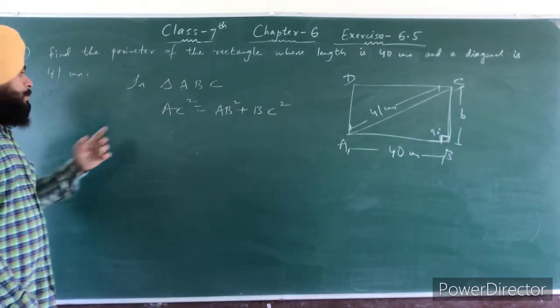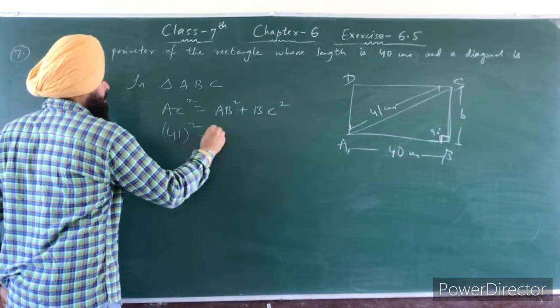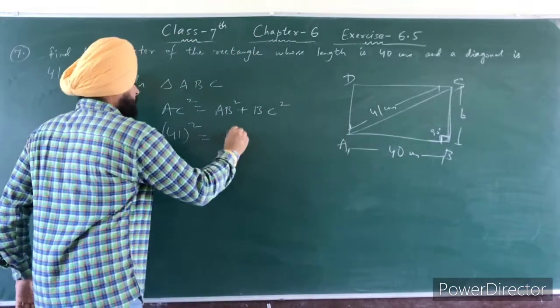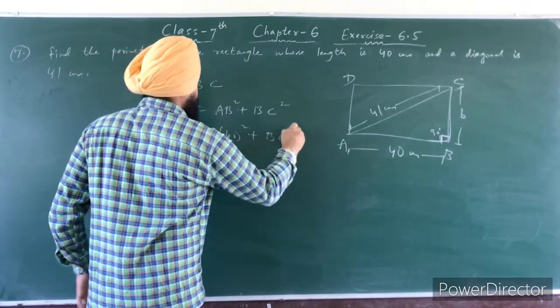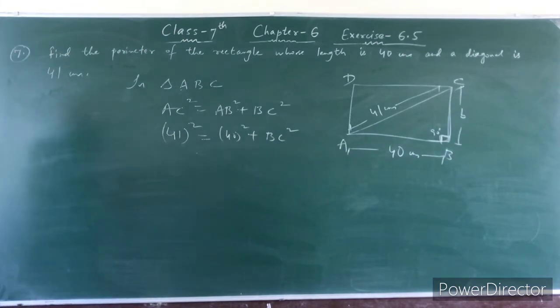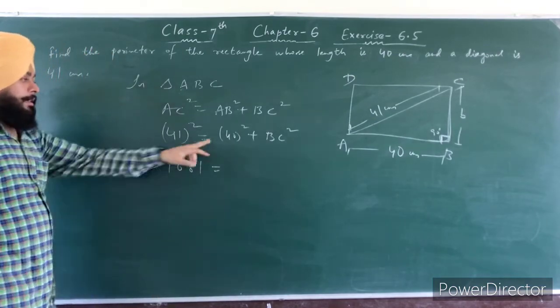Clear, students? So what is AC? AC is 41. 41 square is equal to AB, length of AB is 40, 40 square plus BC square. So first we have to find 41 square. So what is 41 square? It is 1681. And the 40 square is